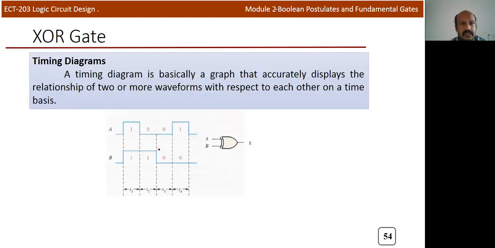Now we'll discuss the timing diagram of XOR gate. Here you can see that input is 0, 0. It's actually an inequality detector, so output will be 0. If both inputs are same, output is 0. Here is 0 and 1, so output is 1. Here it is same input, output is 0. Here it is 1. Here it is again 0. Okay. So this is the XOR gate operation.